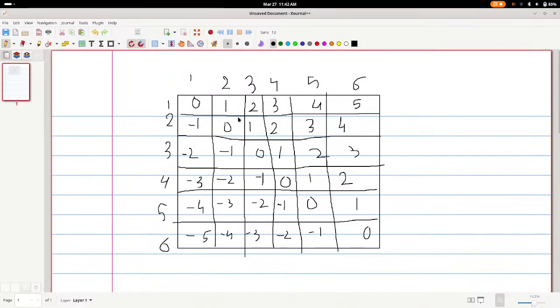Okay, so one thing you can notice is that, let's say I'm talking about this diagonal, you can see that the difference between the column number and the row number is constant for a given diagonal, isn't it? So we can indeed determine